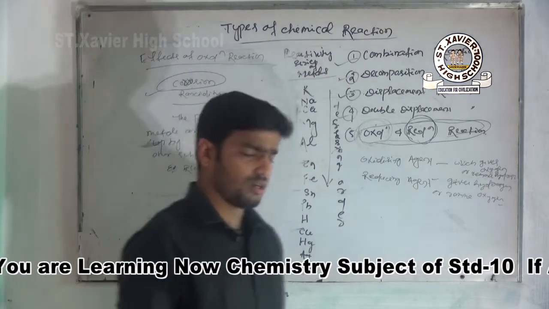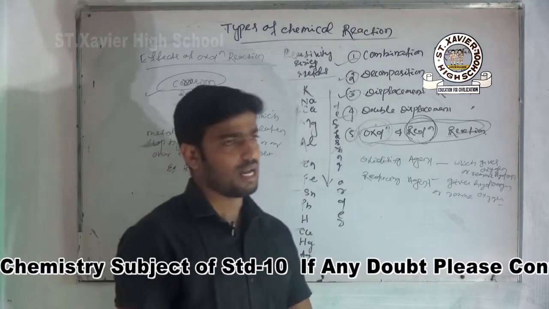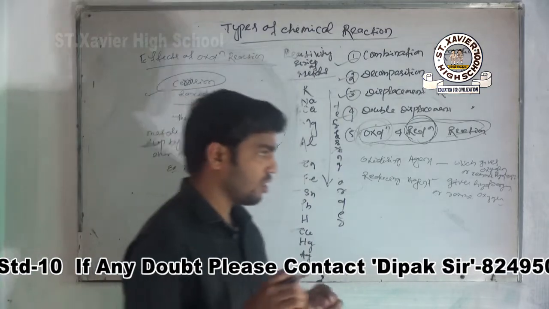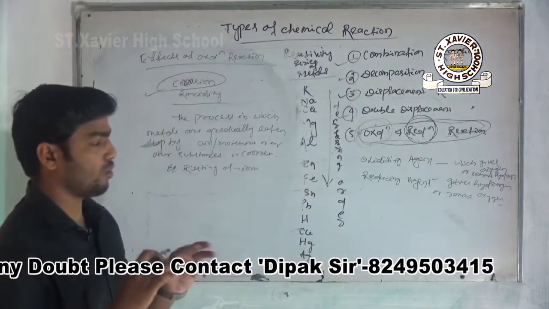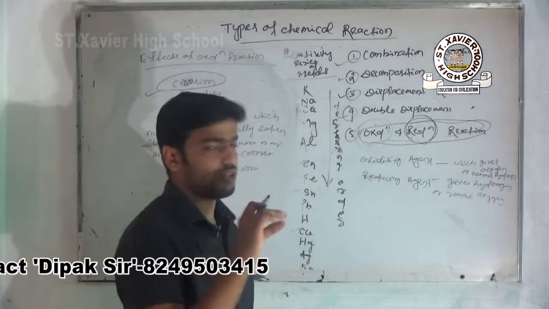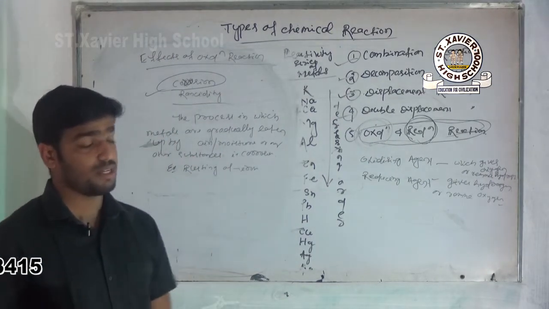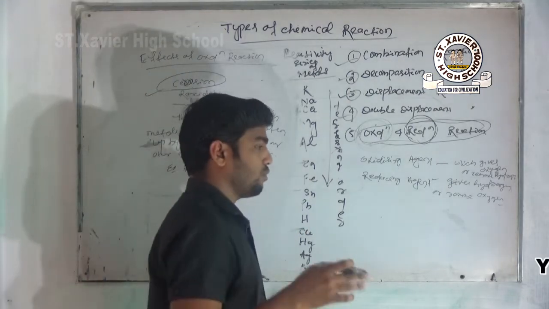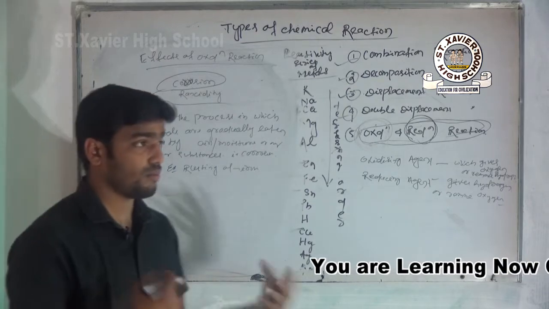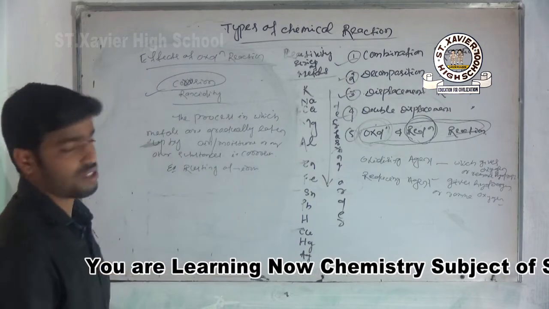You may also observe in your home that if you put a piece of iron outside for some days, then after some days rust comes. Rust means some thin coating covering the iron, that is known as rust. So how does rusting of iron take place? When you put a piece of iron outside for some days, iron generally reacts with oxygen to form iron oxide, and that is rusting of iron. The best example of corrosion is rusting of iron.